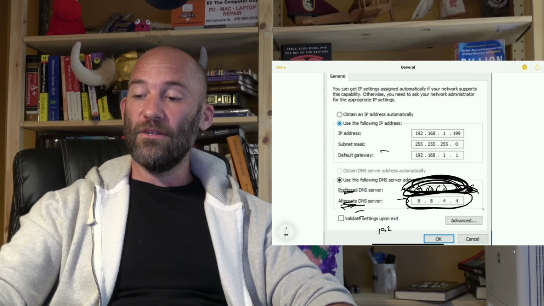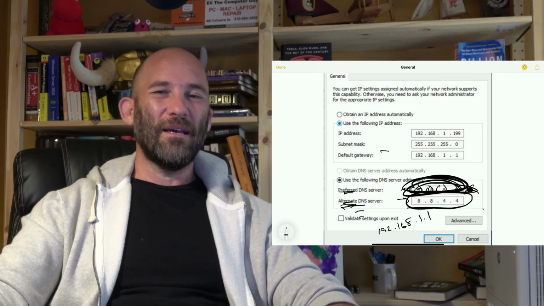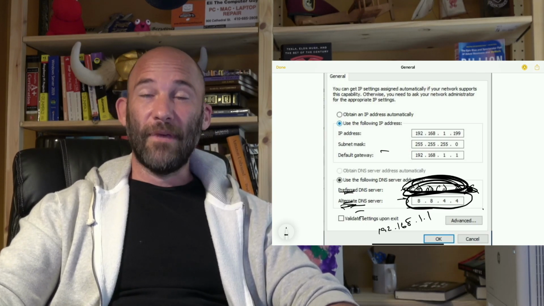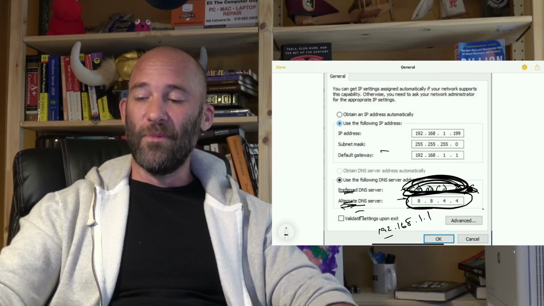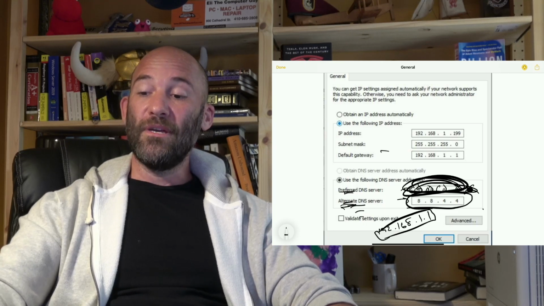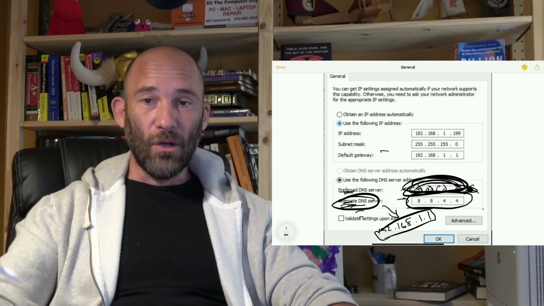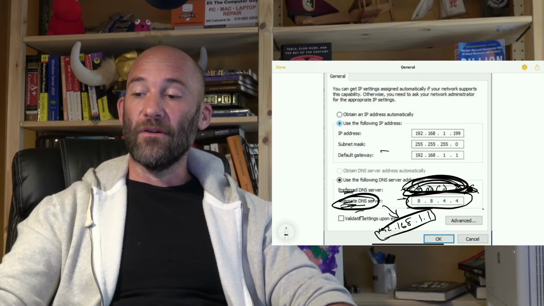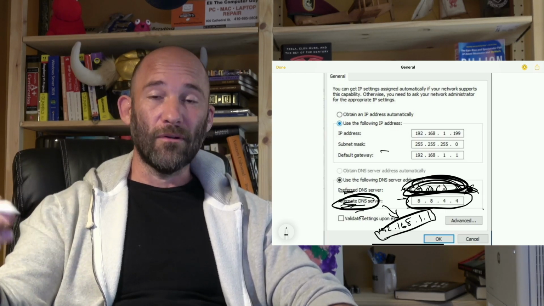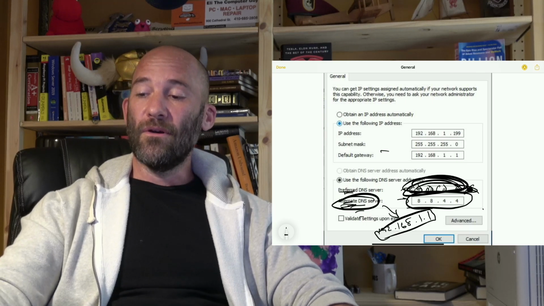So maybe 192.168.1.1. So many times your router and your server and a whole bunch of stuff will be the same IP address. So what you might do here is your secondary DNS server, you might have that be a local internal DNS server. So if you're trying to get to server or mail server or whatever else,